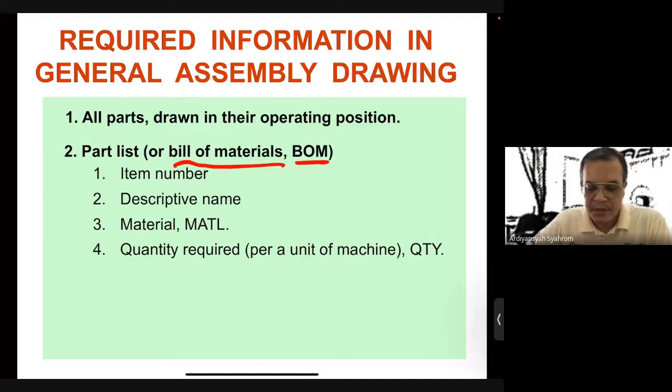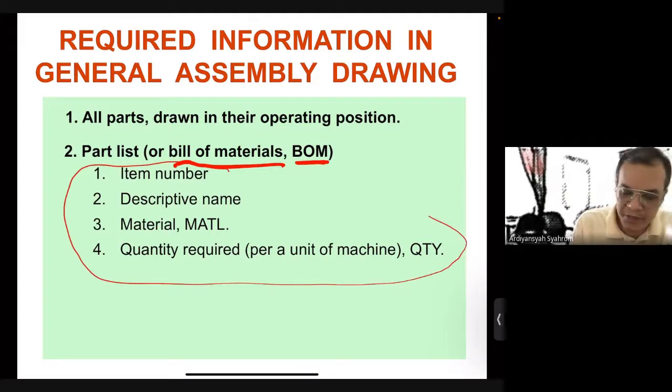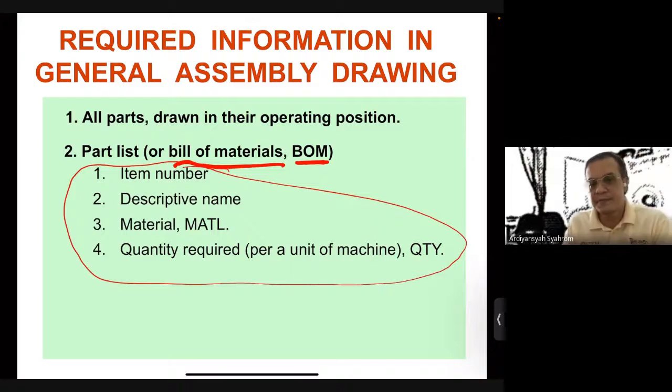There is item numbers. In the bill of material information, we have the item numbers, descriptive name, material, quantity required per unit machine. In the bill of material, you need all this information. There is 4 information